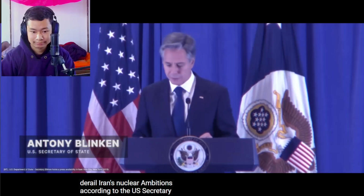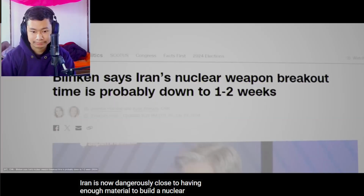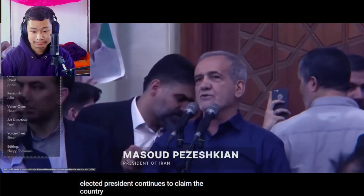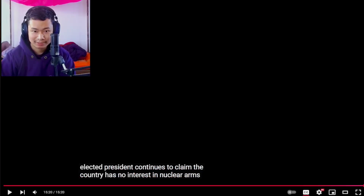According to the US Secretary of State, Iran is now dangerously close to having enough material to build a nuclear weapon. Whether they will actually build one remains uncertain. Iran's newly elected president continues to claim the country has no interest in nuclear arms. And everybody knows that everyone's building it secretly, but